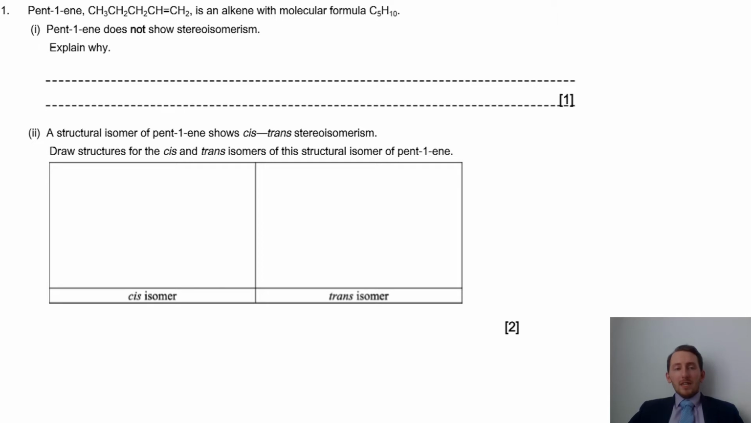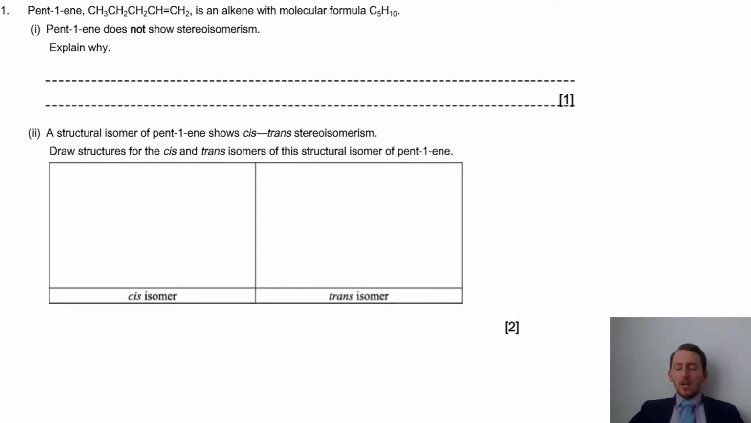The first question is asking why pent-1-ene does not show stereoisomerism. For this question you need to know what stereoisomerism actually means, and this goes back to your definitions. This is why definitions are very important. If you don't know them, you need to make sure you go away and get them committed to memory. So it's asking you for a definition, not in a direct way, but in an indirect way, applying